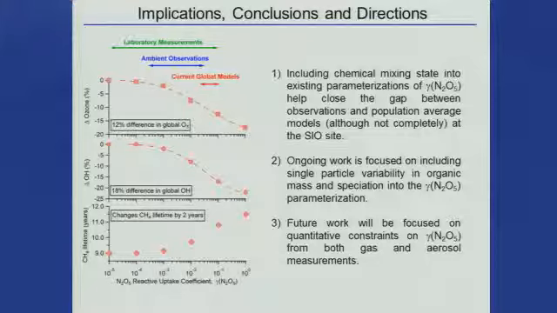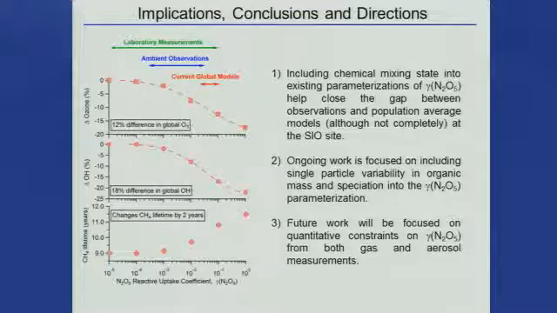Okay, so the conclusions that we have for this, there's basically three. One is that including this chemical mixing state into existing parameterizations helps close that gap a little bit, not completely. Ongoing work really needs to be focused on single particle variability in the organic component of this. So really going back and thinking about whether or not those relationships of, for example, the organic to carbon ratio on the single particles could be utilized within this type of parameterization. And then